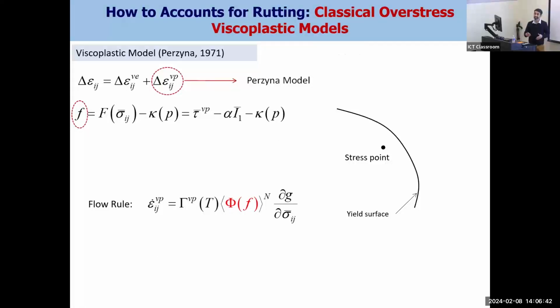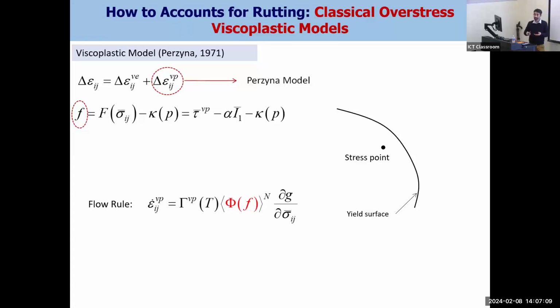To get the value of the permanent strain in asphalt, we use the classical viscoplastic model approach by Perzyna. When we look at this, we basically have a yield surface here, F. Obviously, if the stress point is inside the yield surface, there's no yielding, no permanent deformation.